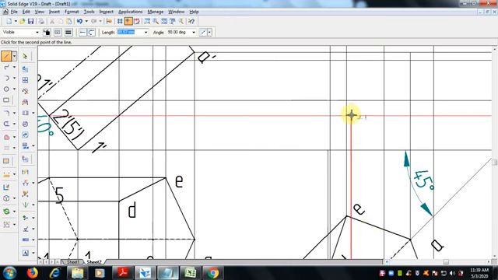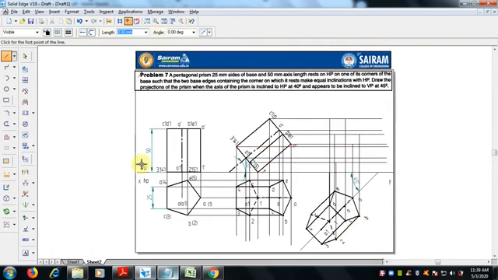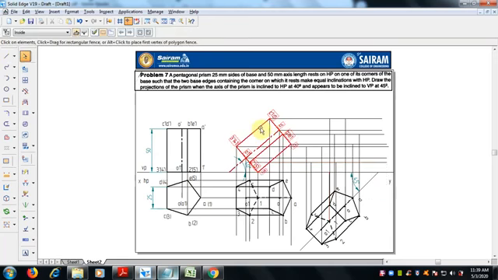So now 2 with this line, 2 on 2. Then 3. 3 and 4 in a straight line, 5 will come here. Right? So now everything is over.